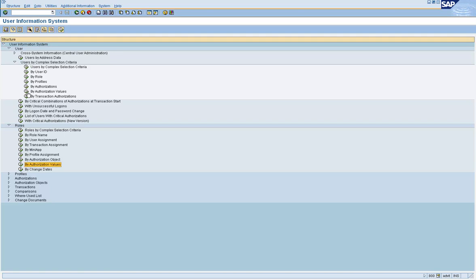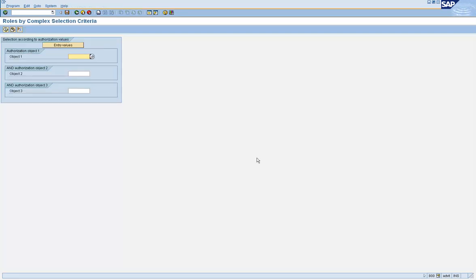For example, we checked the creation of user IDs. We got the list of users who have the access to create user IDs. How do you know which roles give that access? Okay, so if you click on authorization values, then you go to S_TCODE, the same combination, S_TCODE equal to SU01.